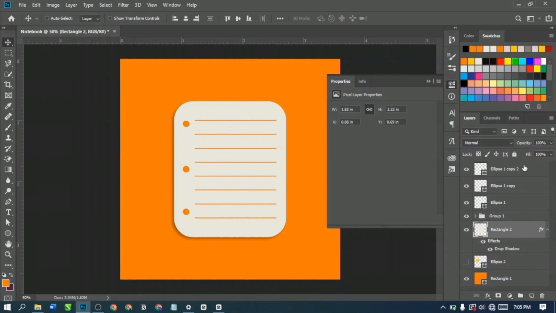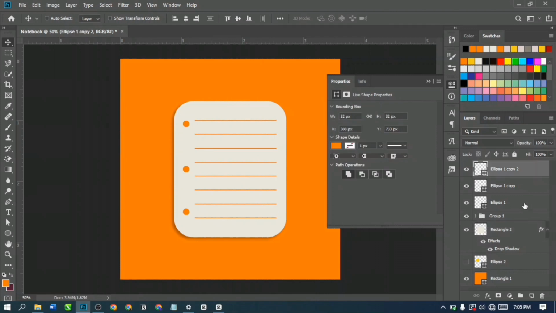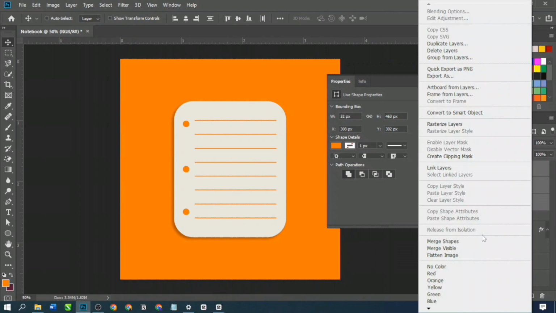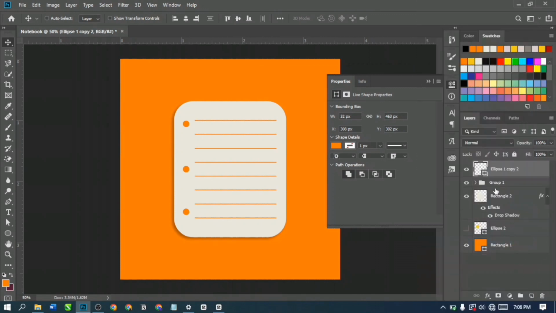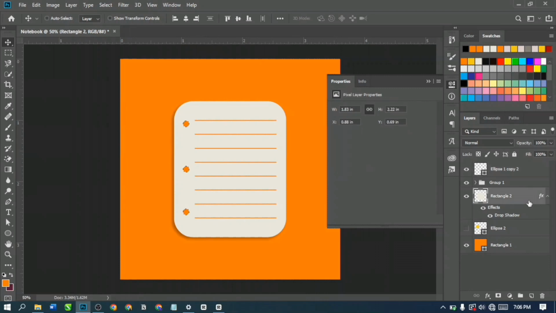So I'm going to click on these 3 ellipses, select all the 3 ellipses, right click and merge them, and then I'm going to hold down Ctrl and click on this area here to select the shapes. You can see that the 3 shapes have been selected. So then I'll select this rectangle, not holding down Ctrl or anything. I'm going to select this rectangle and just press delete, and then when I come and hide this, you can see that